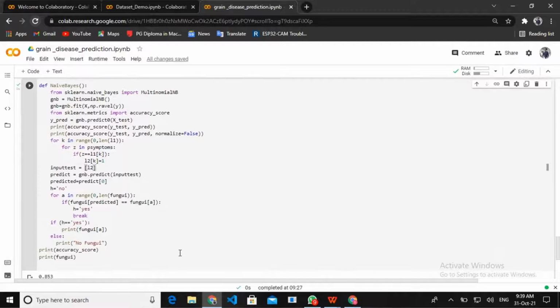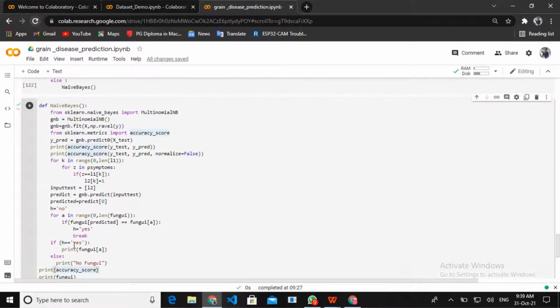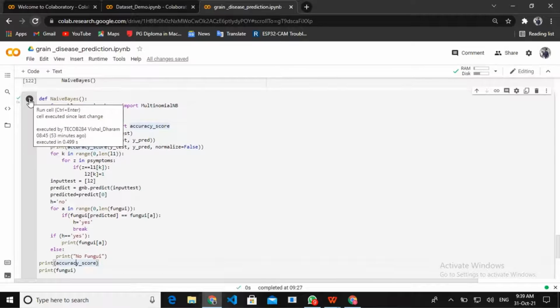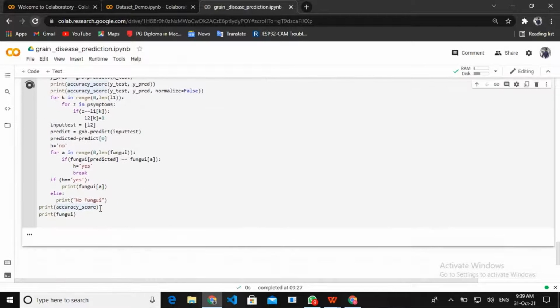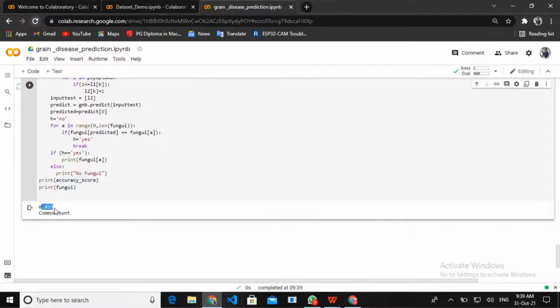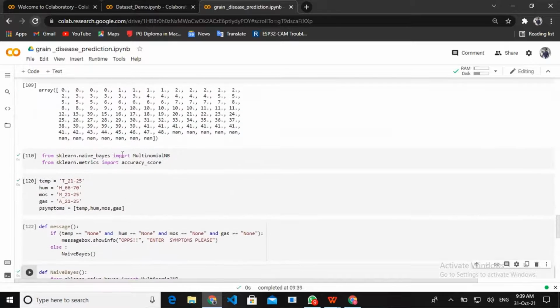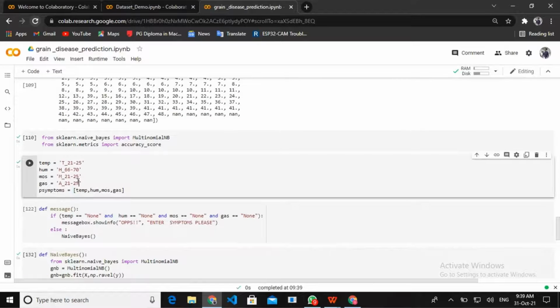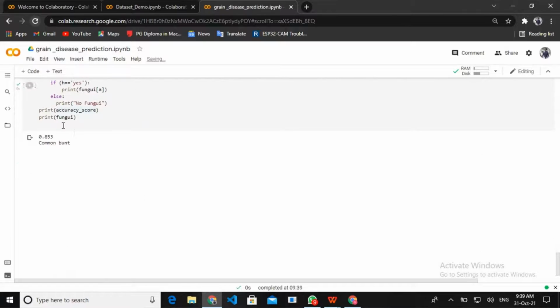It will predict the fungi name, and it also provides the accuracy score. When I run this cell, the fungi name and the accuracy score get printed. This is the fungus which is formed when this condition is satisfied. Over here we have given this condition. When this condition is satisfied, this fungus will be created.